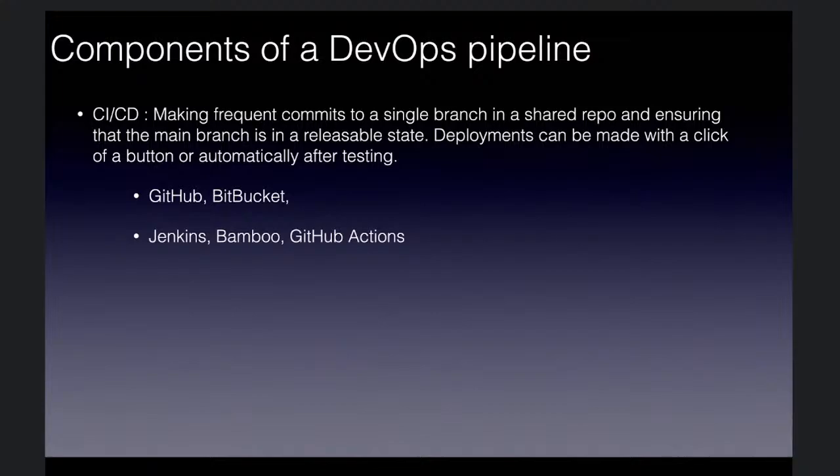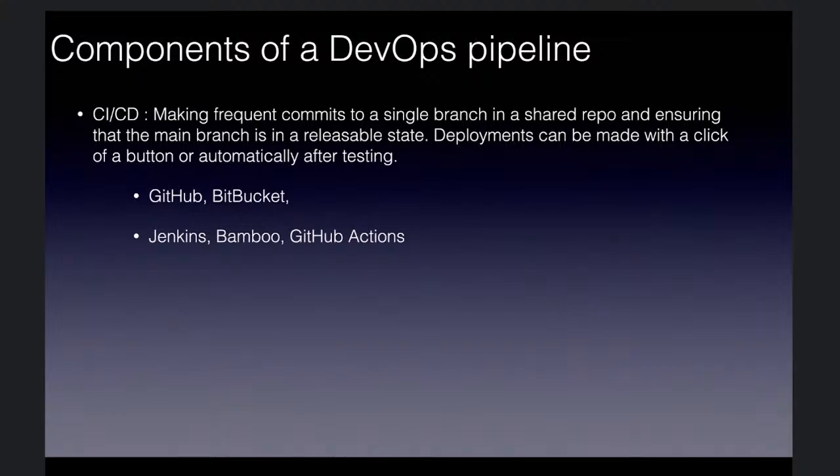Some people even take it as far as, I've merged my code, run tests on it, and before the tests pass, deploy. Very risky, and maybe for only mature DevOps teams, but yes, you can have it as smooth as that. So a process that will normally take like 2 weeks or 3 weeks can happen in 5 minutes because everything's automated. And for your CI/CD, you typically have tools like GitHub or Bitbucket for version control.